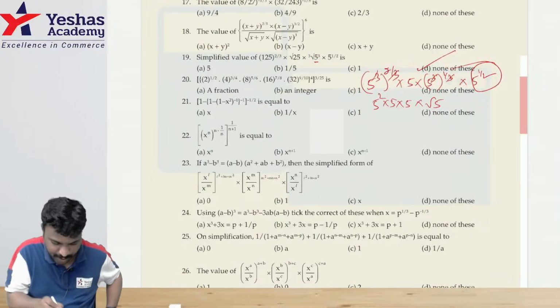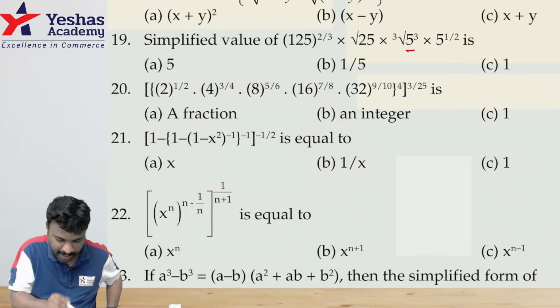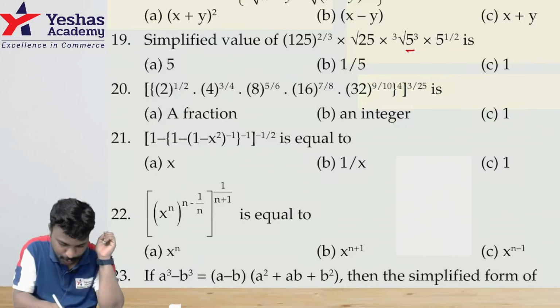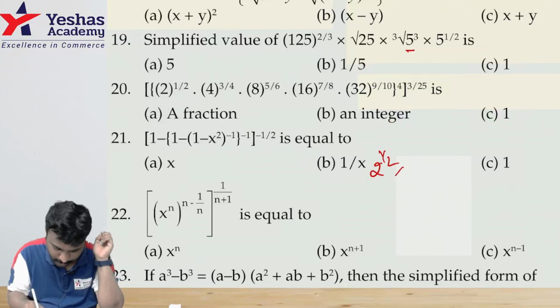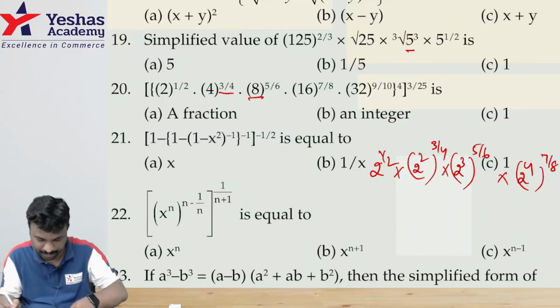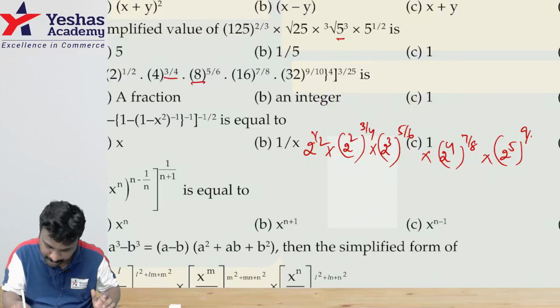Guys, moving on to the next question, that is question number 20. So express every number in terms of the prime number. So first of all, 2 power 1 by 2. 4 can be written as 2 square power what? 3 by 4. Into 8 can be written as 2 cube power what? 5 by 6. And 16 can be written as 2 power 4 power what? 7 by 8. And 32 can be written as 2 power 5 power what? 9 by 10. Whole power